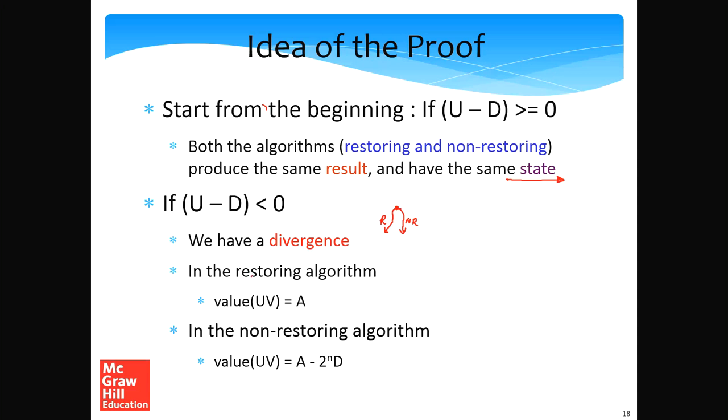In the restoring algorithm, the value of the UV register, discounting the quotient bits, let it be A. In the non-restoring algorithm it is A minus the divisor shifted by n bits, so A minus 2 to the power n times D. Where is this coming from? This is coming from the fact that in our UV register, if I consider the divisor, it is from the beginning of the V register, where you're assuming all the temporary quotient bits are all 0. This is, in a sense, left shifted by n positions. So that's the reason 2 to the power n comes.